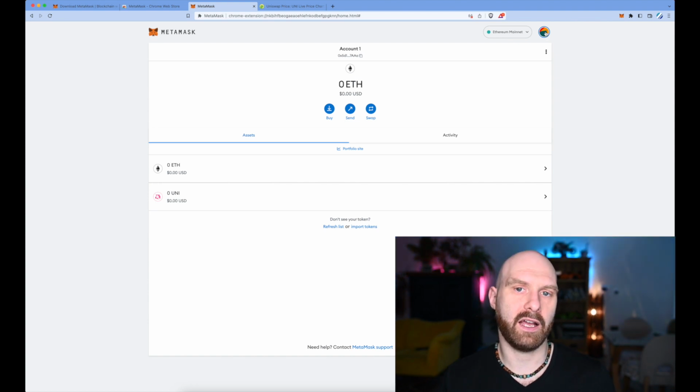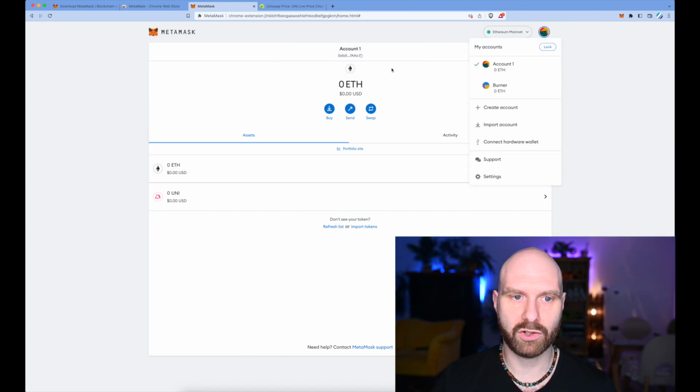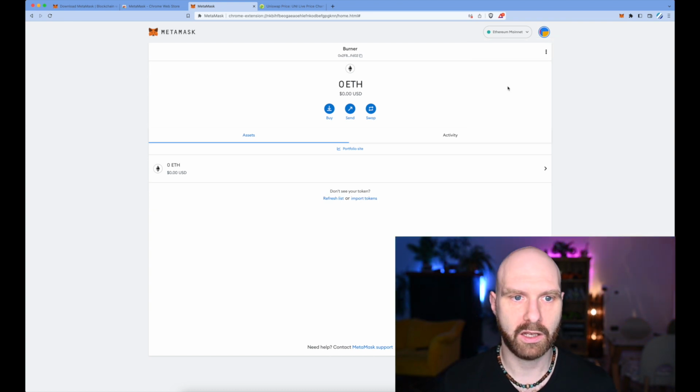And although they still share the same password, the same seed phrase, they are separated. So if you connect one of those accounts to a malicious contract, for example, a dodgy website, which is designed to drain your wallet, it will drain this account, but it will not drain your other account. So actually burner account would be the one I would connect to any questionable website,